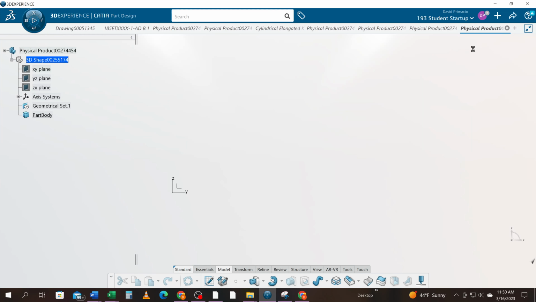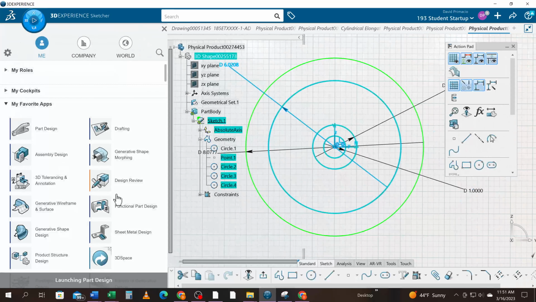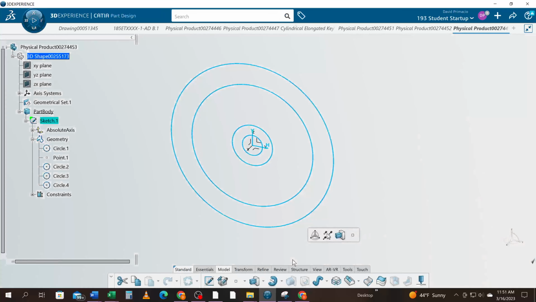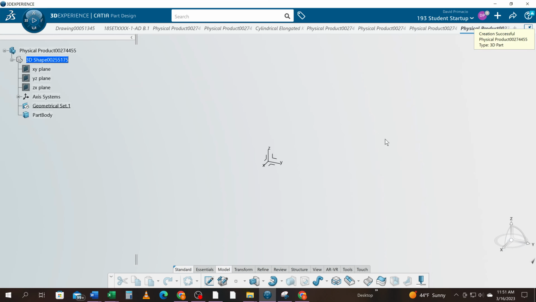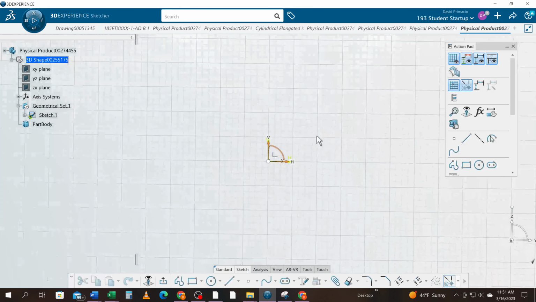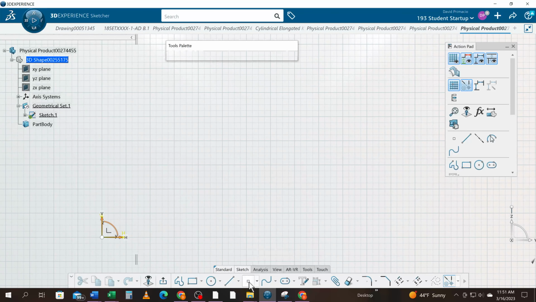I'm going to just start with a whole new model. Let's start fresh. We'll access the sketch. Let's create a point. Now I can just simply click a position, go to point, click another position, but you